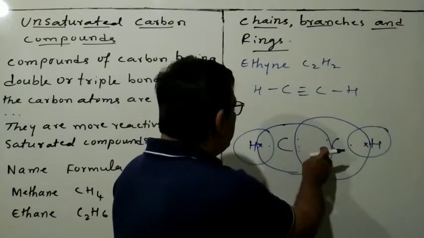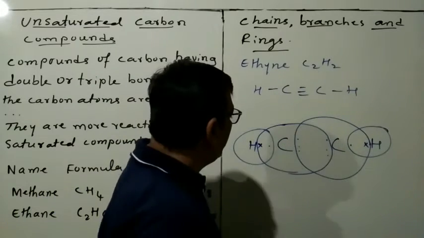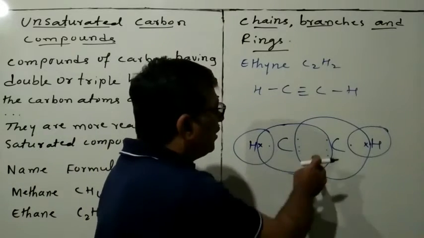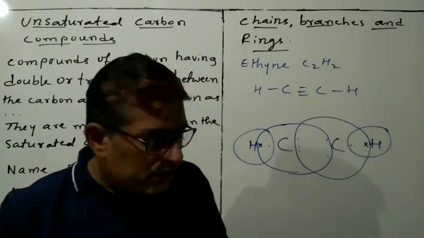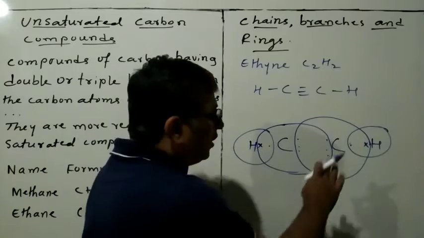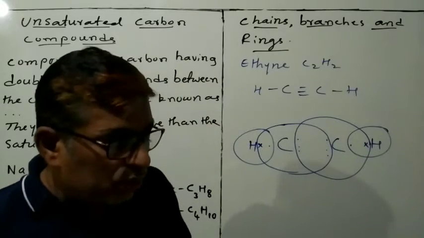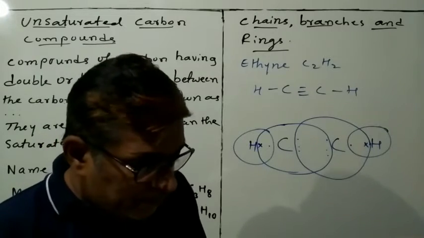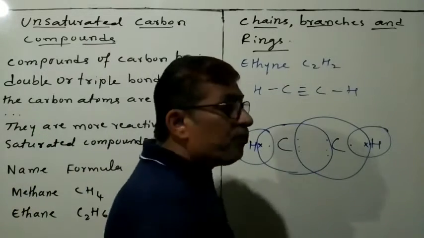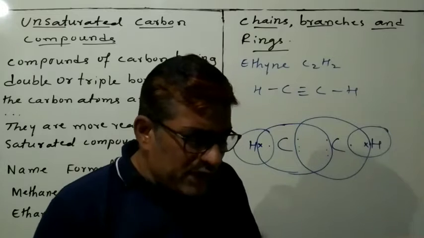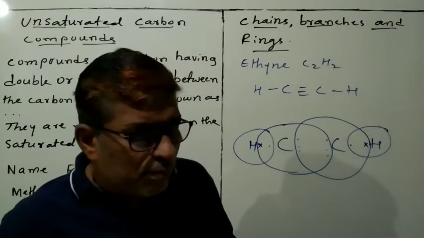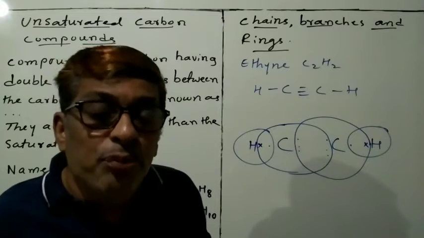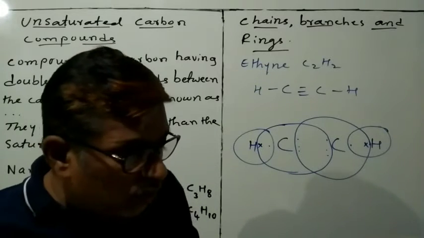Say 3, 6, 7 and 8. Here also 7 and 8. So H is 2. Like this, this is the electron dot structure of ethyne. Okay, dear students, in a similar fashion, draw the structure of propyne as well as the structure of butyne. This is all you have to learn.